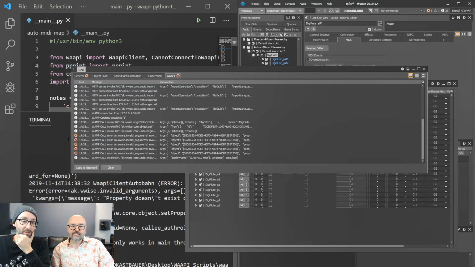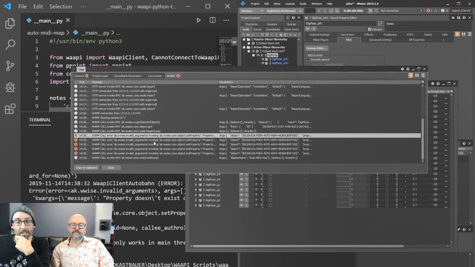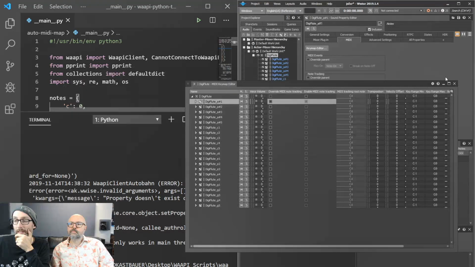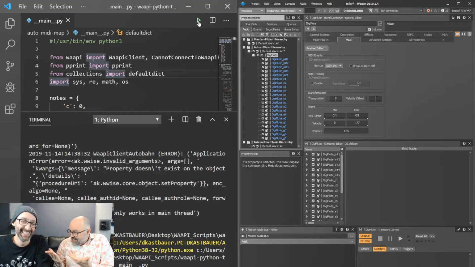Awesome. There's red in the WAAPI log. That's red danger. So what's wrong? Property doesn't exist. Okay, let's try again. See?